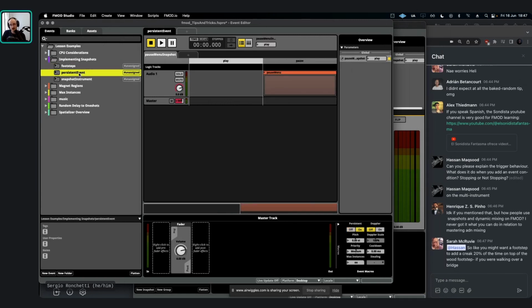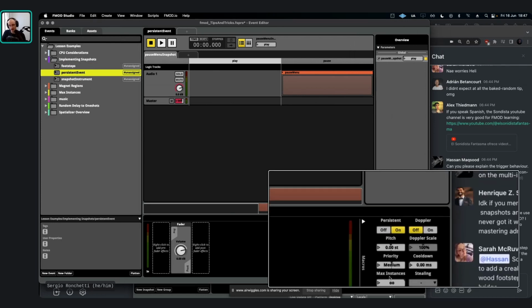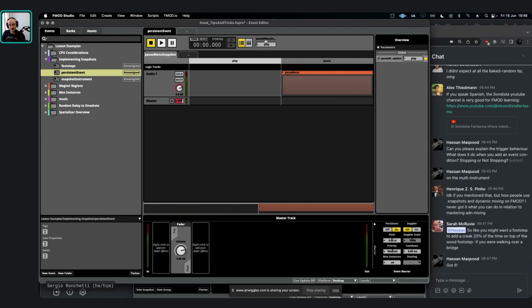There are other ways of doing it, which could be quite interesting or useful for different scenarios. One of them is having a persistent event, which is really interesting. Down here, there are macros, event macros. Persistent means that this event, usually by default they're off, because the idea is that we want the event to play once and then turn off, right? Whenever it's called upon. So like a footstep, play once and then stop, especially with loops, like ambiances. Having them on means they are on continuously. They get called at the start, as the game level loads, and they are just on completely, which is another way of basically adding a parameter, which is up here,